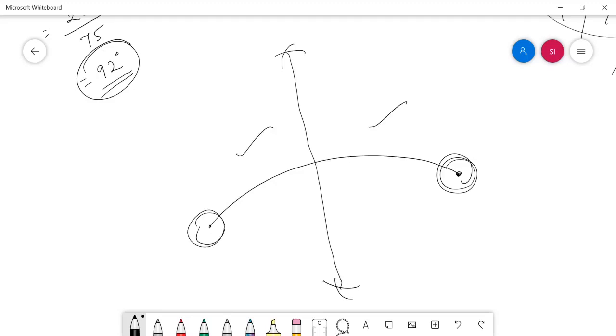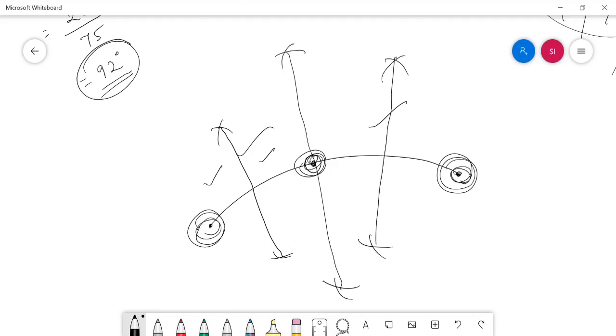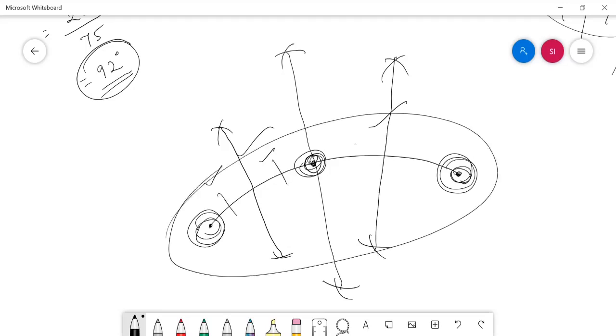After that, consider each terminal and the new point, cut two arcs from each and then connect them. Now we have two more points, and from this side also and from that side also. In this way, I have split the total arc into four equal parts, and each of the four parts can be split again into two equal parts. So totally we get eight equal parts in the arc.